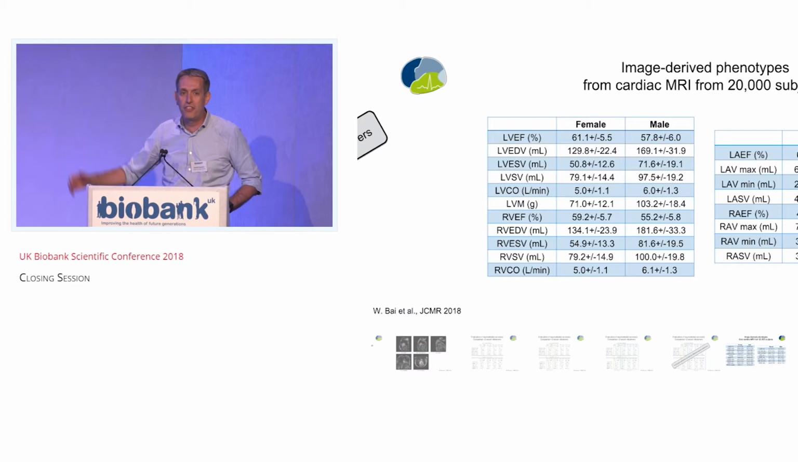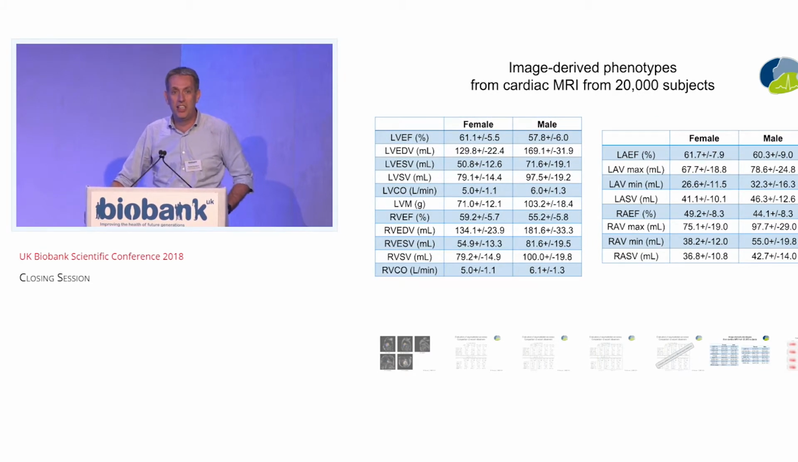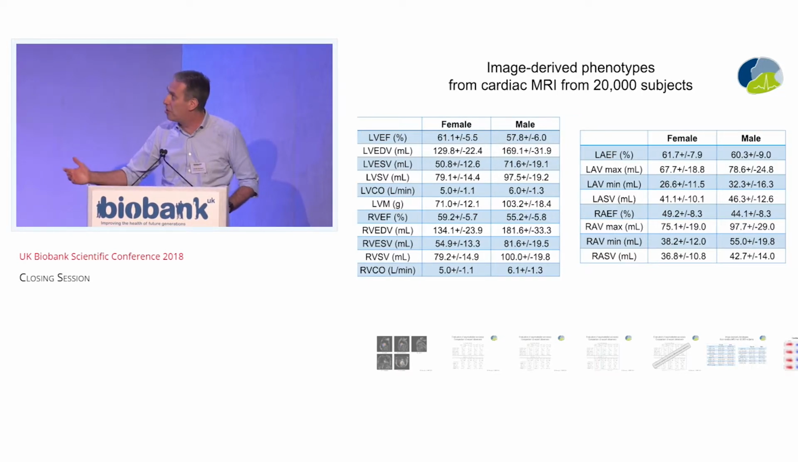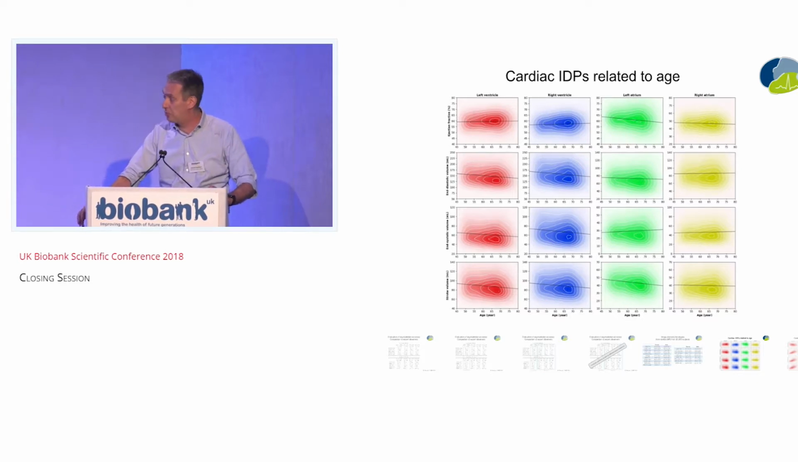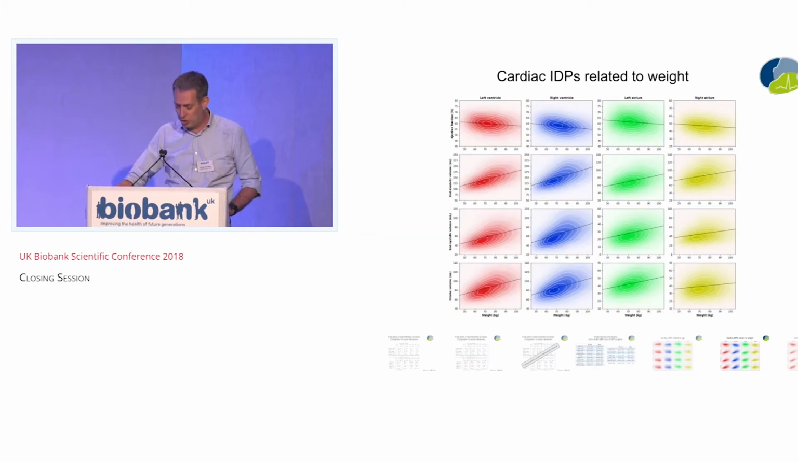We have now done this for 20,000 subjects. We haven't yet done this for 25,000. We can derive all these different numbers. We can start to look at, for example, how different cardiac image-derived phenotypes are related to age. We can look at left ventricular, right ventricular and atrial volume, and so on. We can correlate them to age and all sorts of other